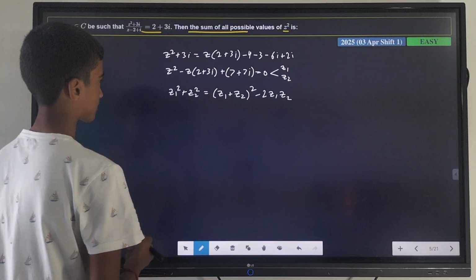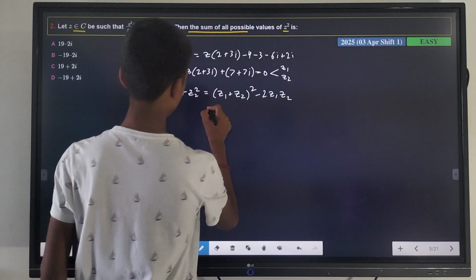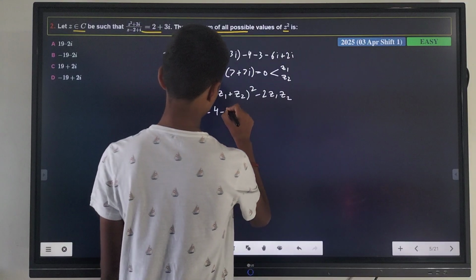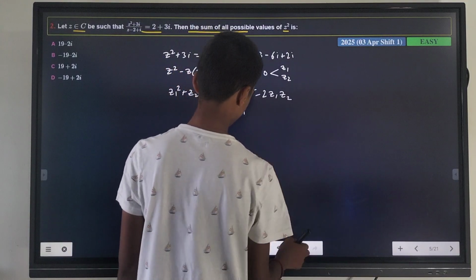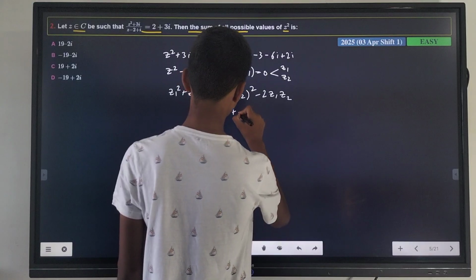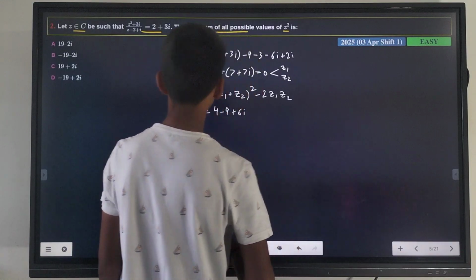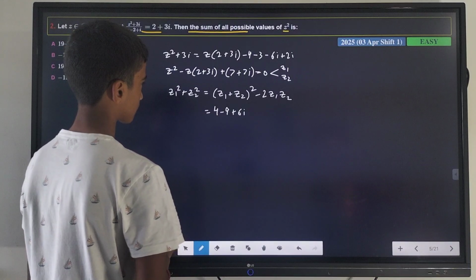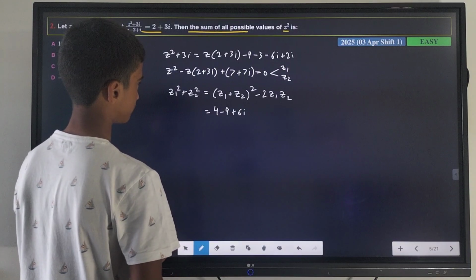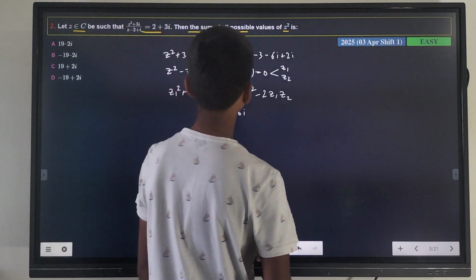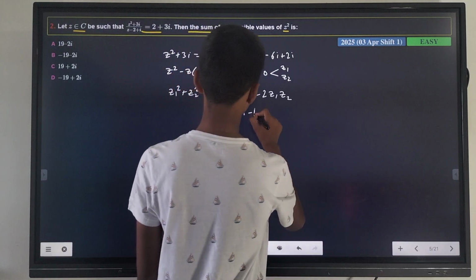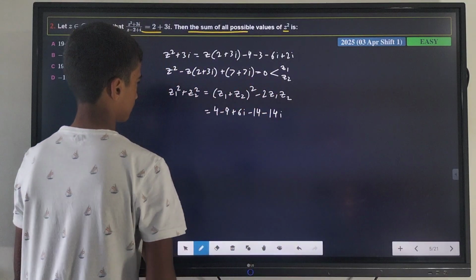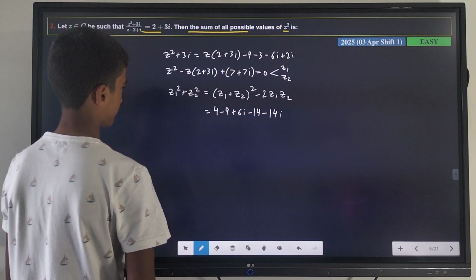So from here z1 plus z2 whole square will be 2 plus 3 iota whole square, which is equal to 4 minus 9 plus 12 iota, and minus 2 times 7 plus 7 iota, this will be minus 14 minus 14 iota. So from here we will get,